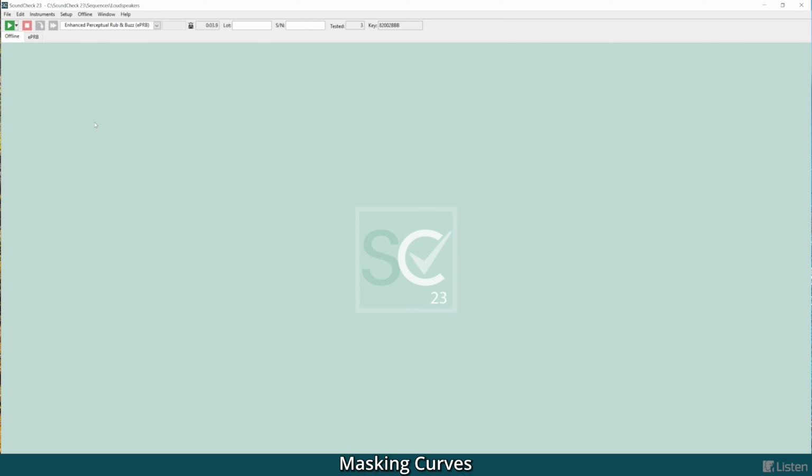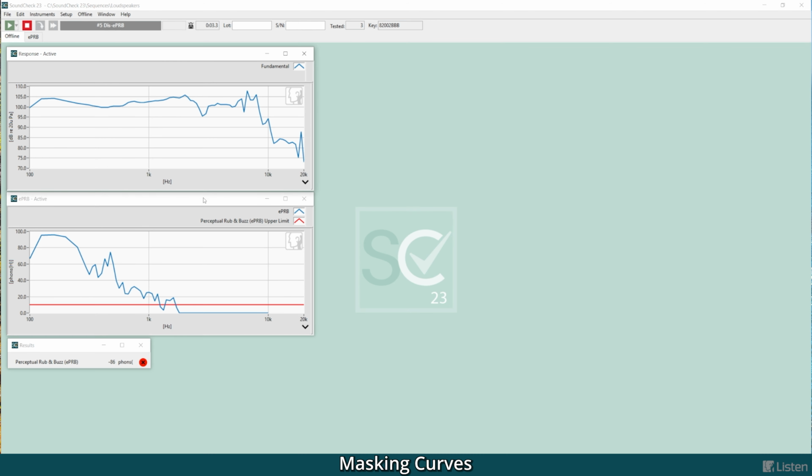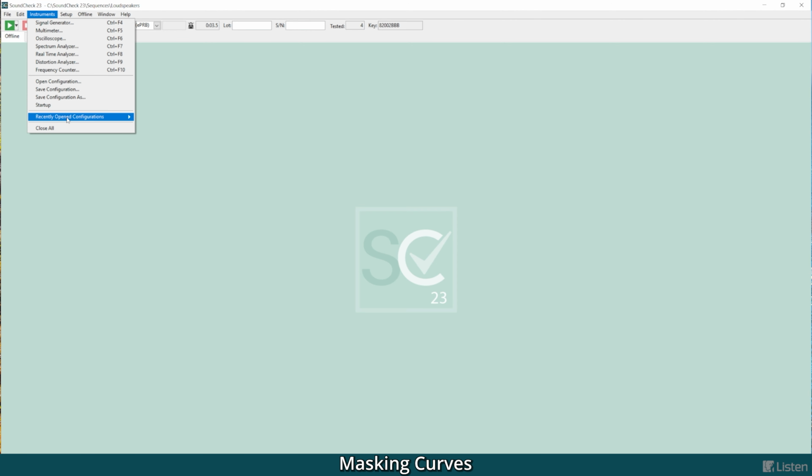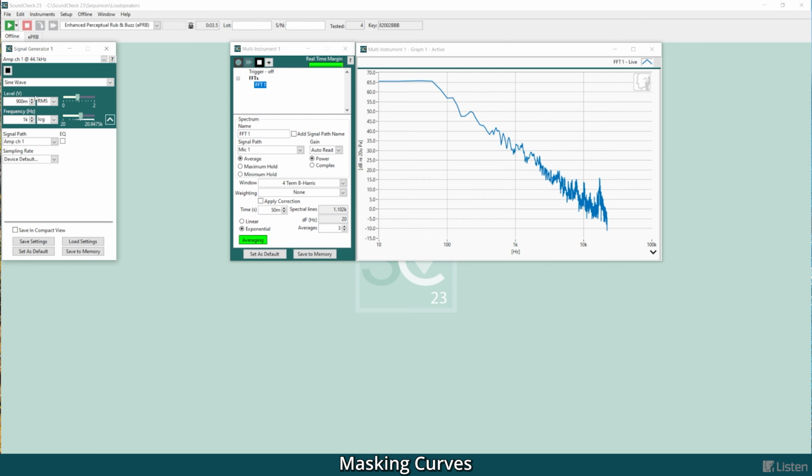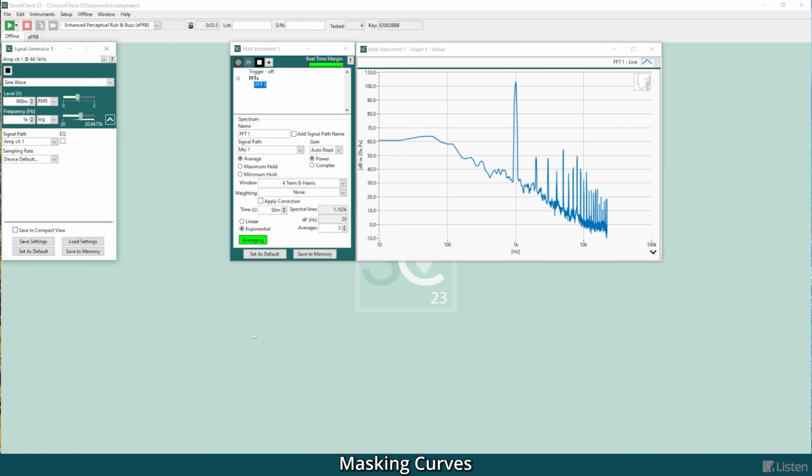Let's say we have a speaker that is failing a production line perceptual rub and buzz test. Your results might look like this, and you can see that you have audible rub and buzz in this frequency range here. Now, if you want to drill more deeply into that and understand what's causing the distortion, we can use masking curves. We can play a 1 kHz sine wave through the signal generator and look at the FFT